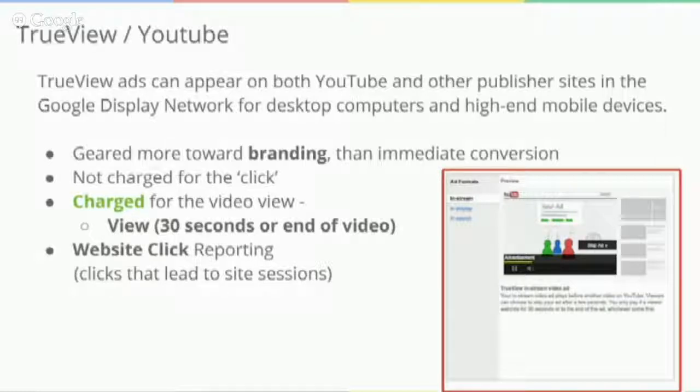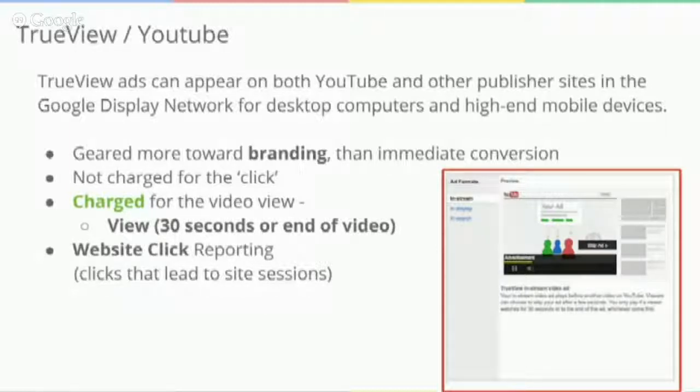metric to compare with is a website click, which we provide as part of the TrueView reporting. And this website click is actually free. Unlike a search ad where you pay for the click, with a TrueView ad you're not actually paying for that click. As a result, the discrepancies tend to be higher, and it doesn't necessarily mean that there's a problem. It just means that the level of engagement with that ad is different to, say, a search ad.